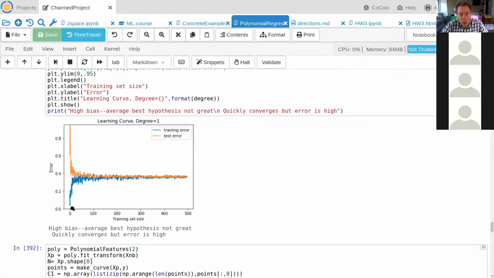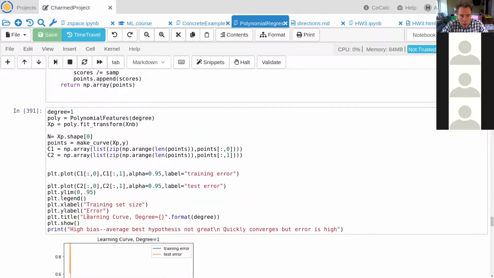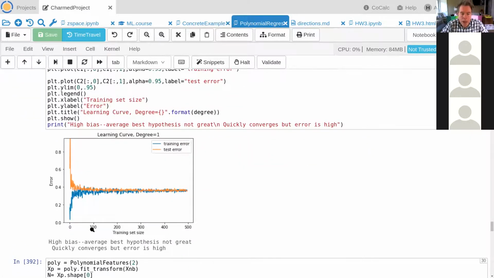So look what's happening here. This is the degree 1 model. So this is the line, and it shows what happens as the training set size increases. So the training error goes up and up because with 2 points, a line has 0 error. Then with 3 points, the error is a little bit more, and so on, up to a certain limit, and that limit is just how well a line can do on data that has that distribution. So as the size of the training set goes up, the testing error comes down,